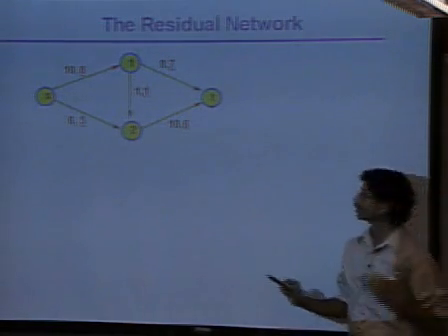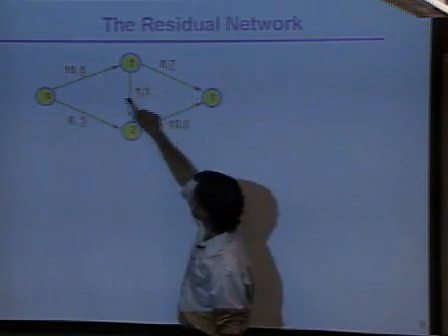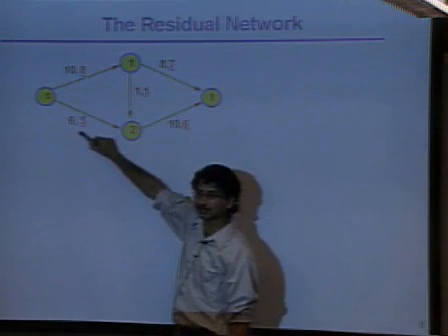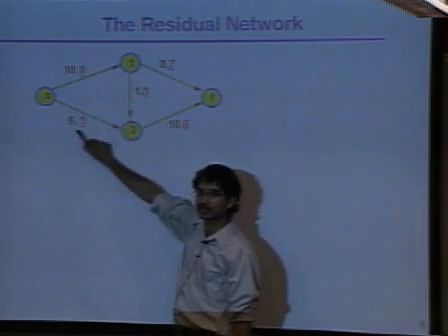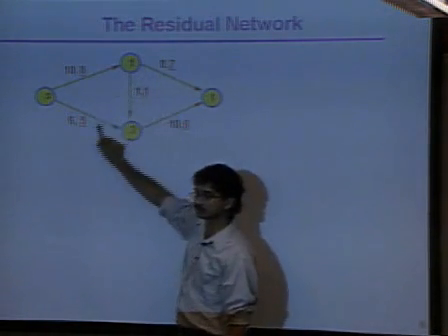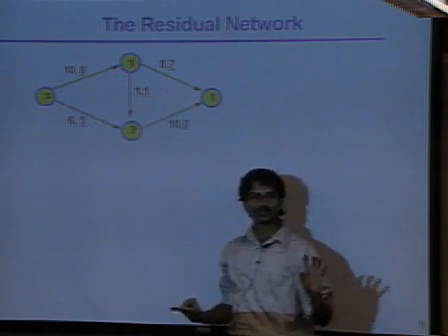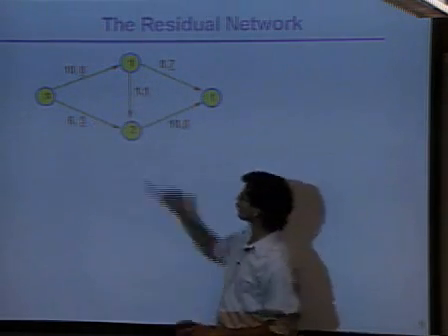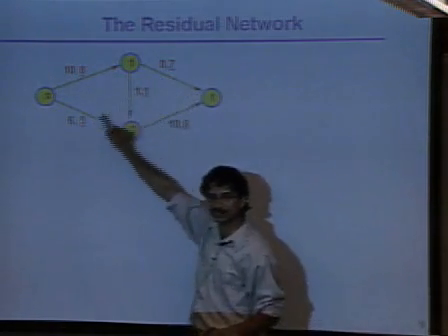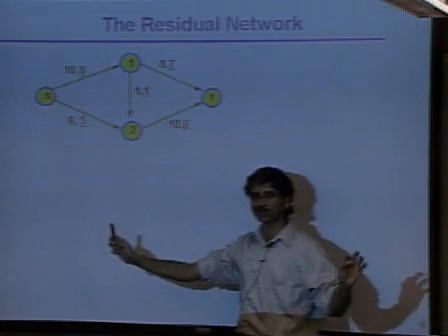This arc has capacity 8, this has capacity 1, and this has capacity 6. So in total you have a capacity of 15. Certainly anything that travels from S to T has to use one of these arcs, because S is in this group and T is outside the group. So it has to cross